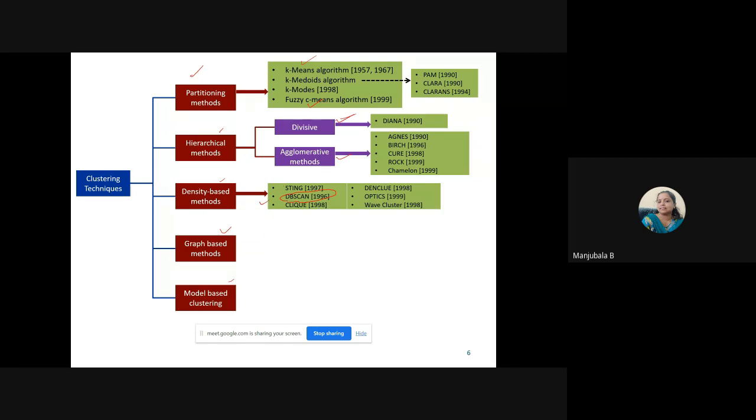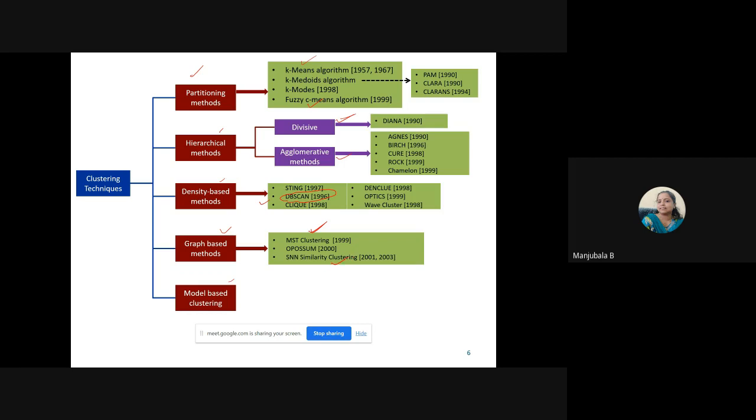Then graph-based methods. If you are able to represent your data set through a graph, that means a set of vertices and a set of edges, you can go for within-graph clustering and between-graph clustering also. It depends upon your problem. Under graph-based methods, we have minimum spanning tree clustering, OPOSSUM, and similarity neighborhood measurement. Out of these, I will discuss MST clustering and similarity clustering,